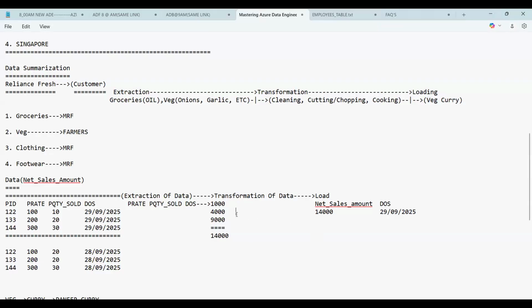So totally the net amount will be what, guys? Can you tell me? 15,000. And what is the date of sales you have? 28th of September, 2025. Now, based on these 2 days, they wanted to introduce an offer. So the 28th day has good sales of 15,000, whereas the 29th day has decreased by 1,000, that is 14,000. To find this out, we have done the whole process.